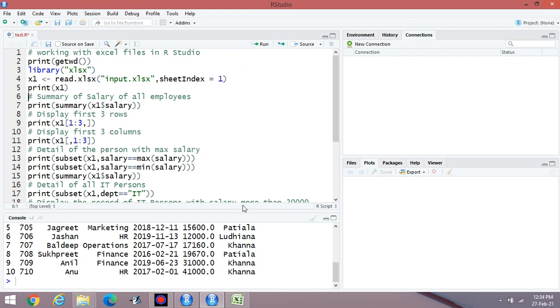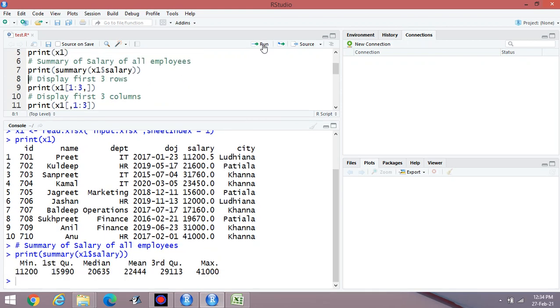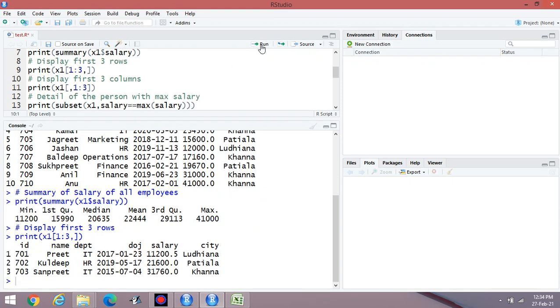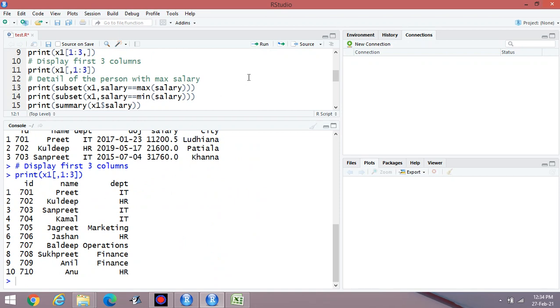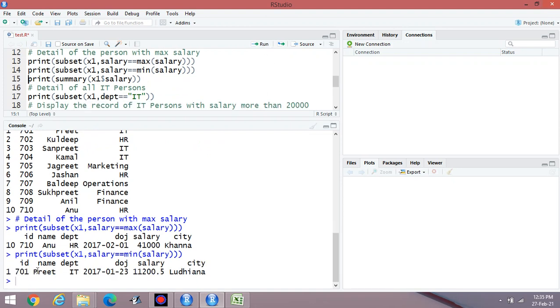Then you can display all the contents of the Excel file. Then if you would like to see the summary of salary, you can display that. You can display any number of rows. You can display any number of columns. Then you can find the detail of the person with maximum salary. Then display the detail of the person with minimum salary.